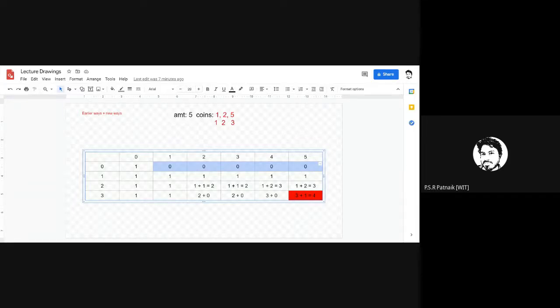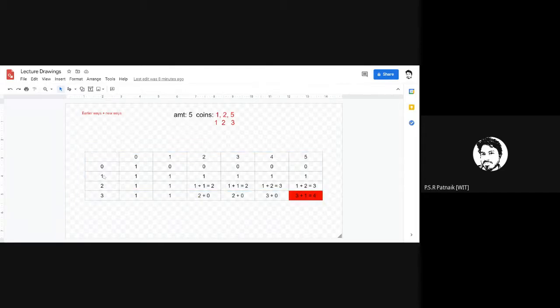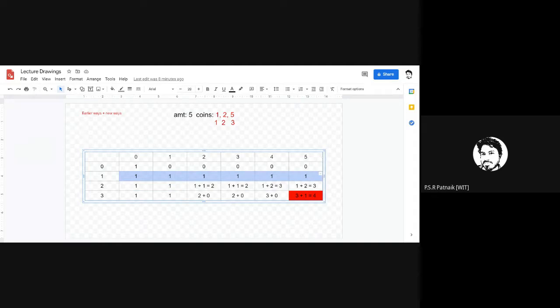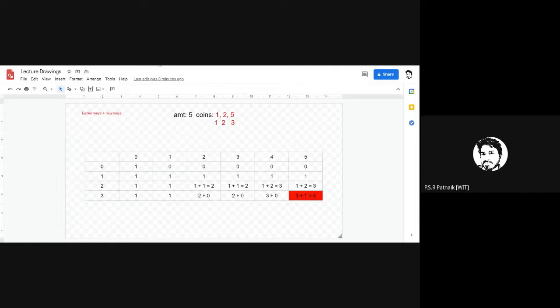So coming back, now I can actually write a loop. How do I move the loop? I need to start from this point, complete and calculate these values, then move to the next row, complete and calculate these values based on the previous row, and calculate this row based on the previous row. So my for loop will iterate for this, and another for loop inside will iterate across the amount values from 0 to the amount value. So I need 2 nested for loops.